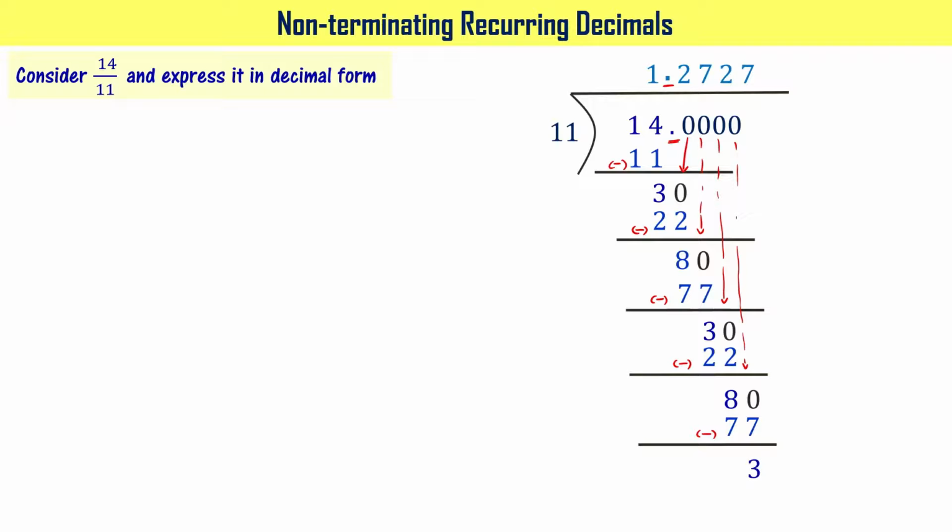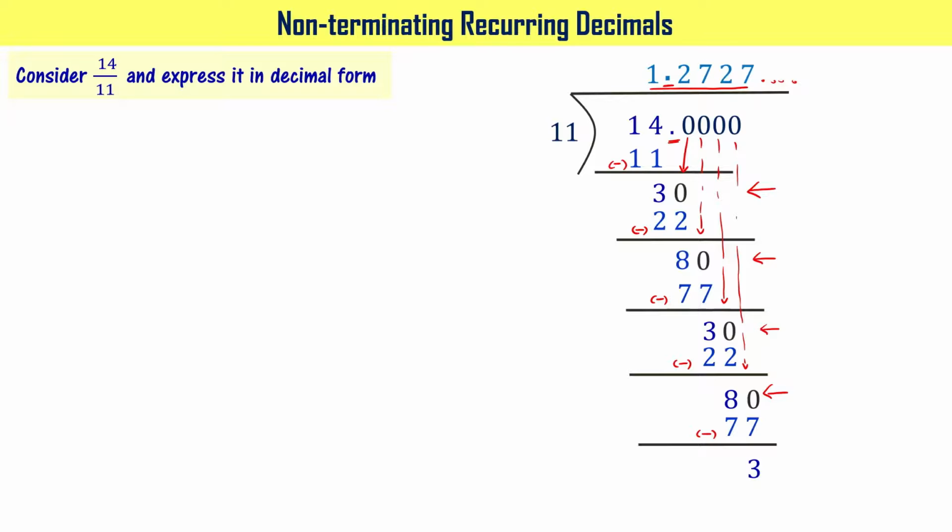If you observe this, we got 3 here in this particular case, and then we got 8, then 3, 8. The remainders for the subtraction are now not the same number. In the earlier case, it was just the number 2, but in this case, it is changing, right? Once it is 3, the next time it is 8, next time again it is 3, then 8. It is going like that, right? 3, 8, 3, 8, and so on. And if you observe the quotient after the dot, you're getting 2, 7, 2, 7, and so on, right?